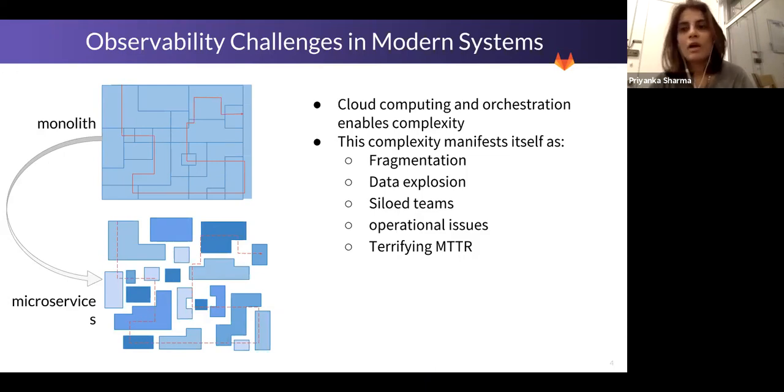With the advent of cloud computing, things changed. We started putting workloads into the cloud, started using containers, and then along came Kubernetes, which made container orchestration really easy. So along the way, small teams started breaking out to build services, which were parts of the monolith just shaved off, which could be independent so that they could ship faster.